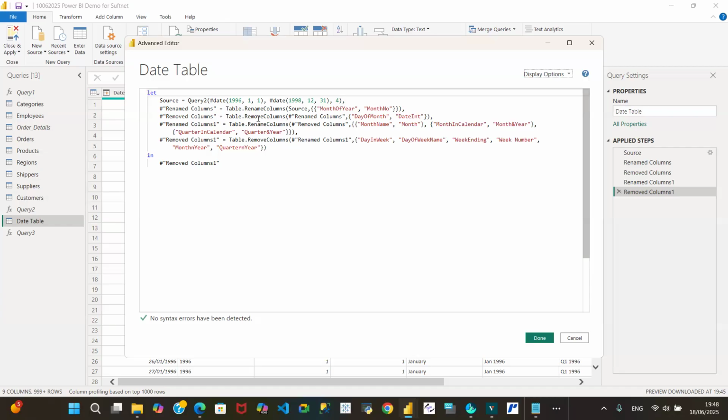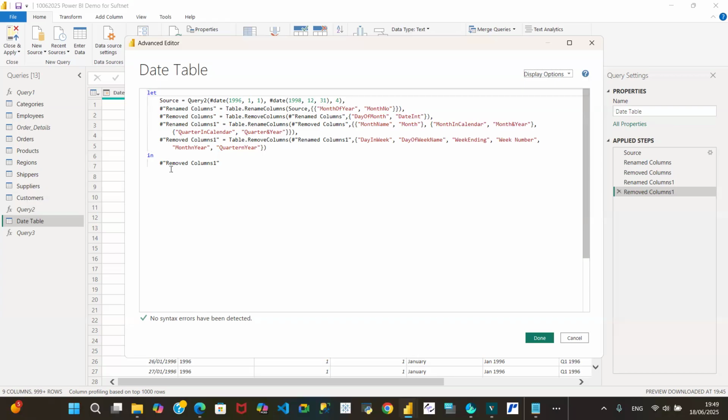Should it be saying remove column or rename column? Rename from day of month. Okay, we removed this. The first one was we renamed a column. The other one was we removed day of month and dating because it just doesn't make sense. And then we renamed month name to become just month. Month in calendar became month and year. So it's like somebody is using shorthand to write something that could have been written in plain English, really. So from the source, all of these steps happened in, and after saying in, it just goes on to repeat the last step,